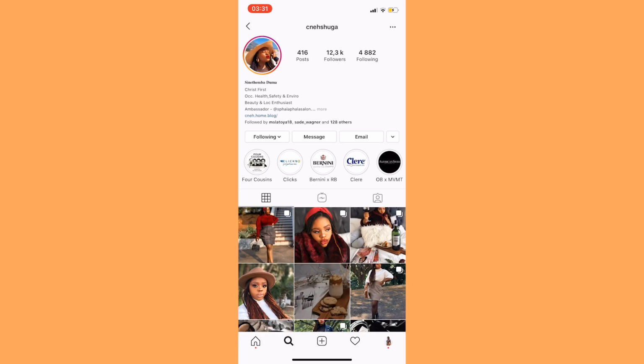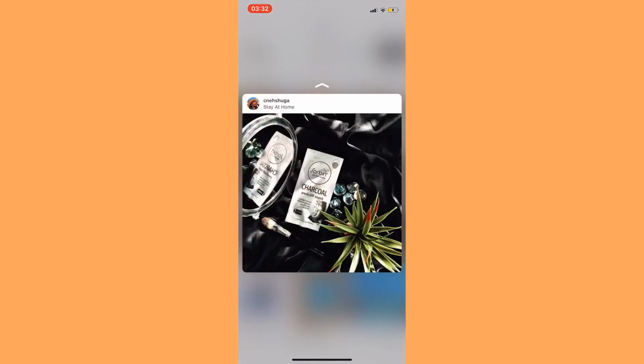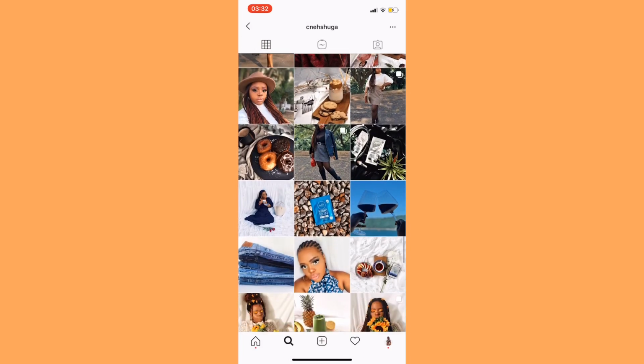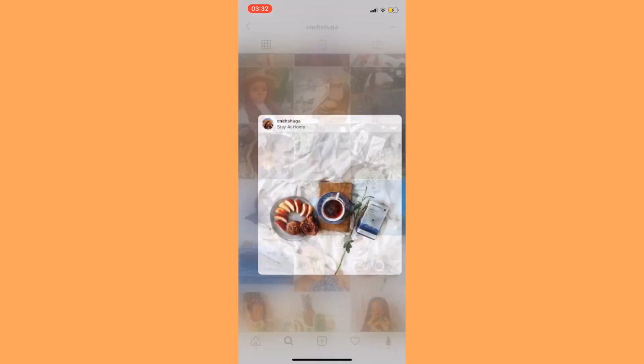And cnehshuga is also really good with her flat lays. Hers are very color coordinated and just aesthetically pleasing, so do check out those two accounts. I'll put them in the description box and check them out, guys. You will flourish. Cool. So those are all the angles in which you can take filler pictures,